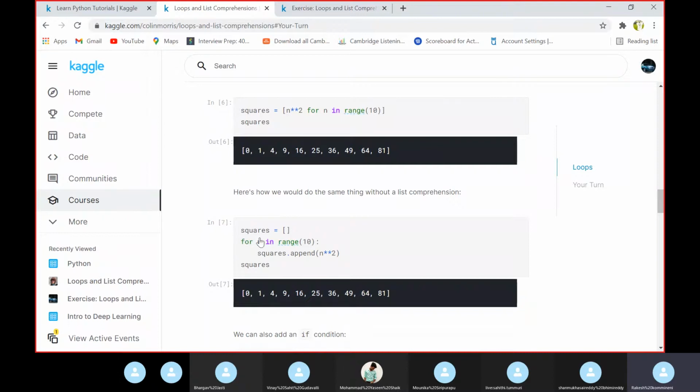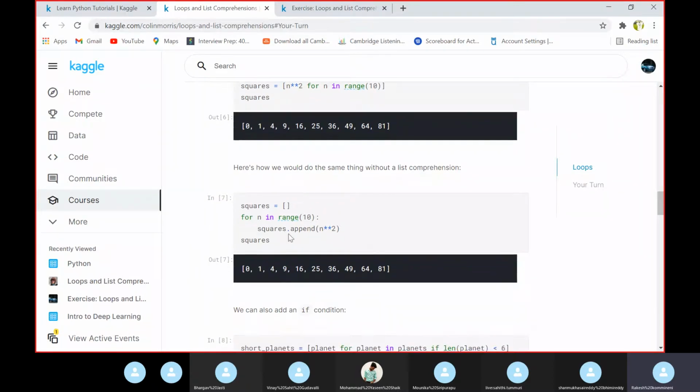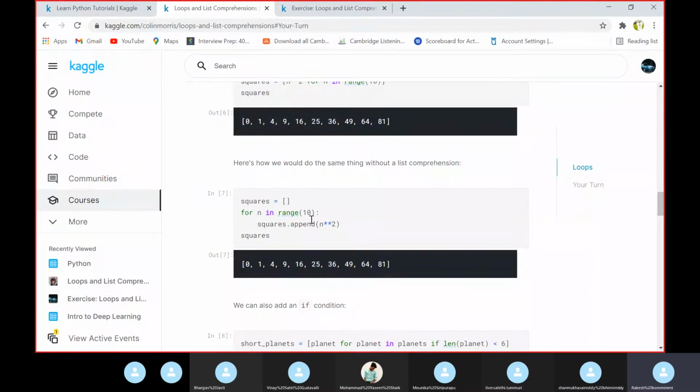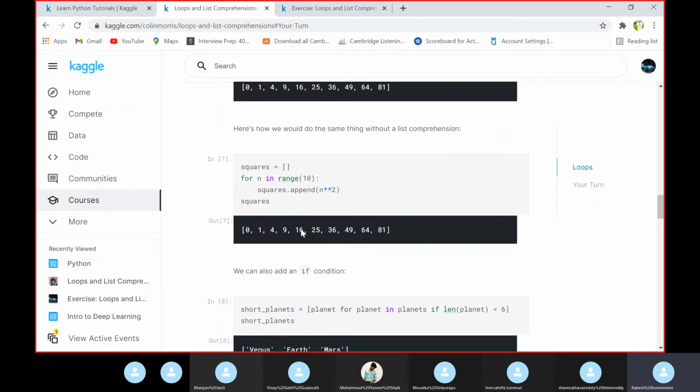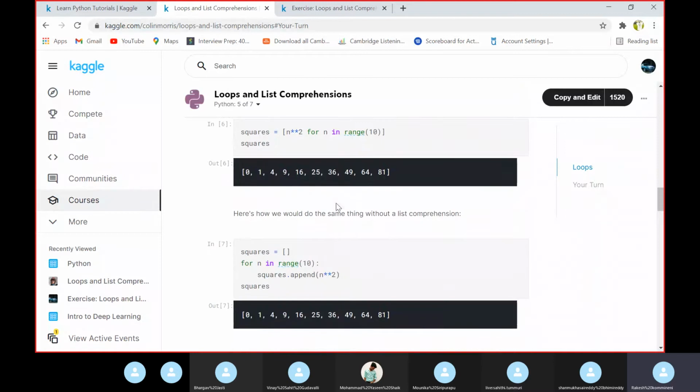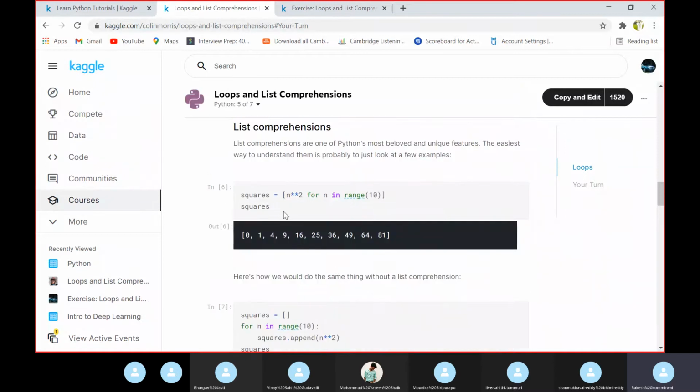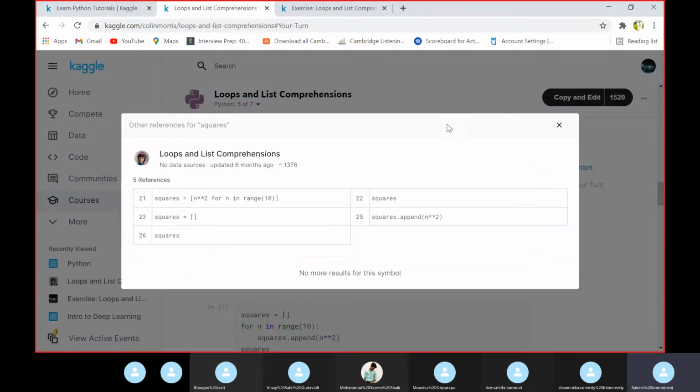Here we have declared a list called square and a for loop, and we are appending these values to this square list and printing the list. So since this is a traditional method, to minimize the lines of code, we are using this format.